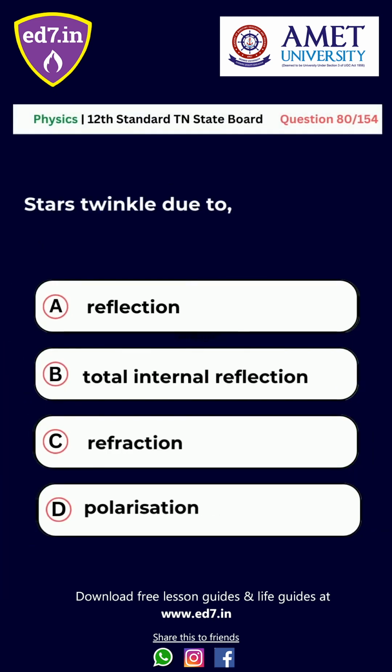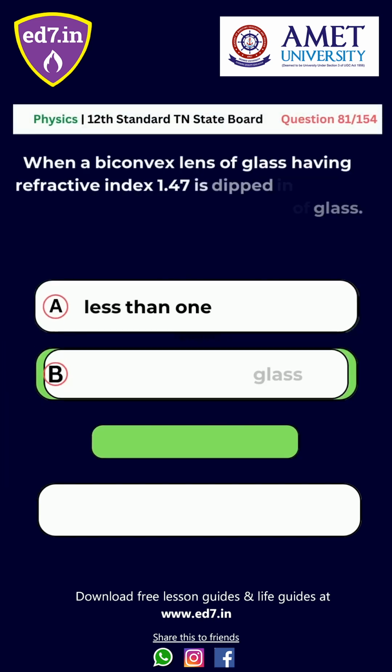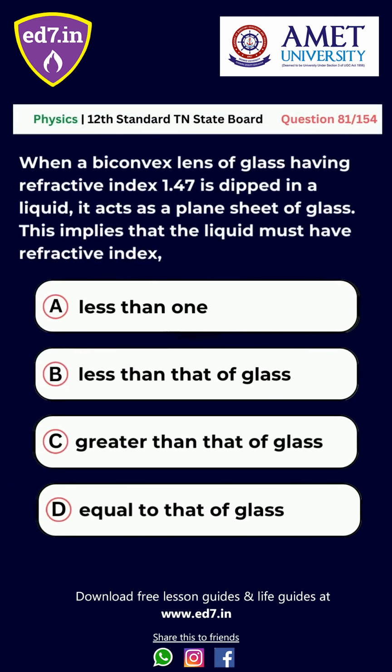Question number 80. Stars twinkle due to option A. Reflection, B. Total internal reflection, C. Refraction, D. Polarization. The right answer is option C. Refraction. Question number 81. When a biconvex lens of glass having refractive index 1.47 is dipped in a liquid, it